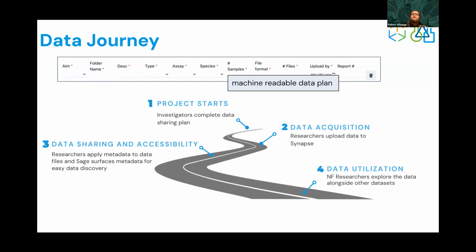We also collect governance information using the DUO ontology in this data sharing plan so that we can understand a little bit more about the sensitivity of the data. The data we collect ranges from whole body MRI images that have to be defaced from NF patients and rare disease genomics data all the way down to preclinical mouse model data in terms of sensitivity. And so we have to share data along a continuum of restrictions to make sure that privacy is being appropriately respected.